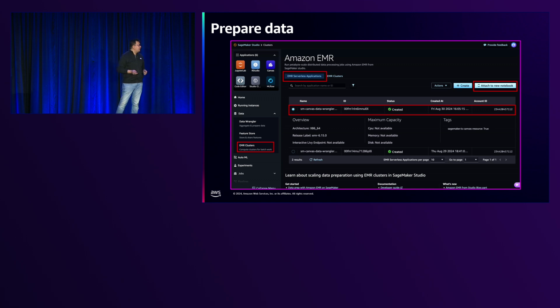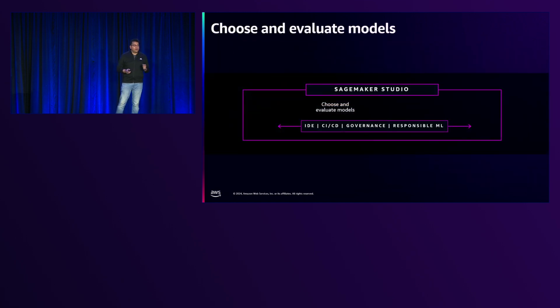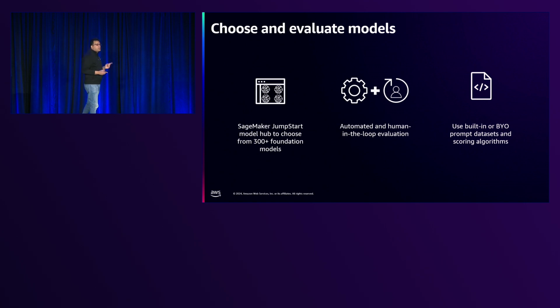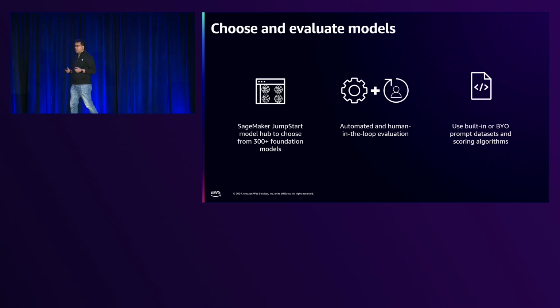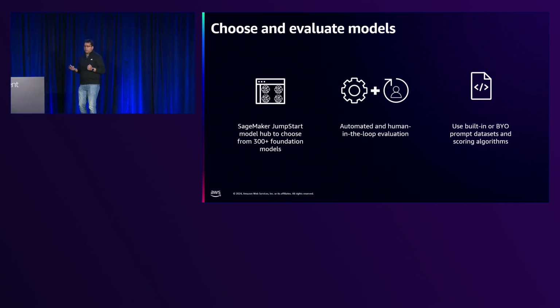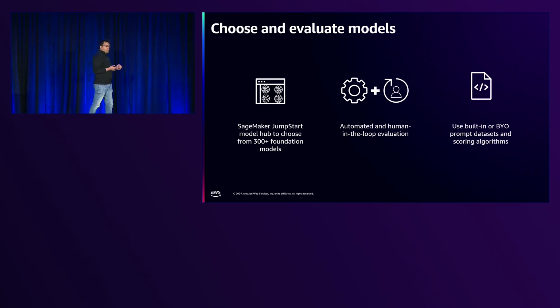Once you are done preparing your data, the next step is to pick the right foundation model for your task. And for that, Studio comes with a JumpStart Model Hub, which gives you access to more than 300 open source and commercial foundation models from very popular providers like Hugging Face, Meta, Mistral, AI21, and Stability AI. You can choose a model and then quickly run an evaluation test on the model to assess its efficacy for